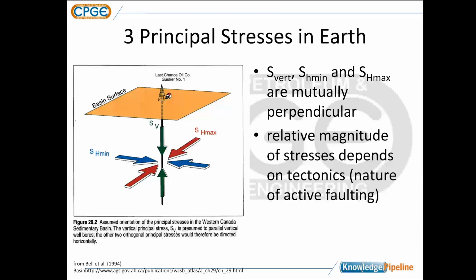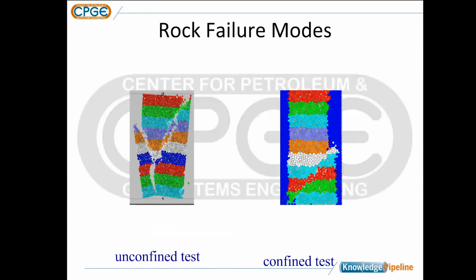So if we look at rock failure modes, if you look at the slide I have now, if we concentrate on the left-hand side, if we were to take a core sample, a 1-inch diameter core sample, and stick it in the laboratory and apply a vertical stress to it, eventually it would break, and that failure in an unconfined test would be largely tensile failure. The rock would break apart, there'd be a little bit of shear. In the subsurface, it's a little bit different because essentially we have the rock around our sample exerting support, and that we call the confining stress. And then when we apply a vertical stress, we often see a more controlled failure.